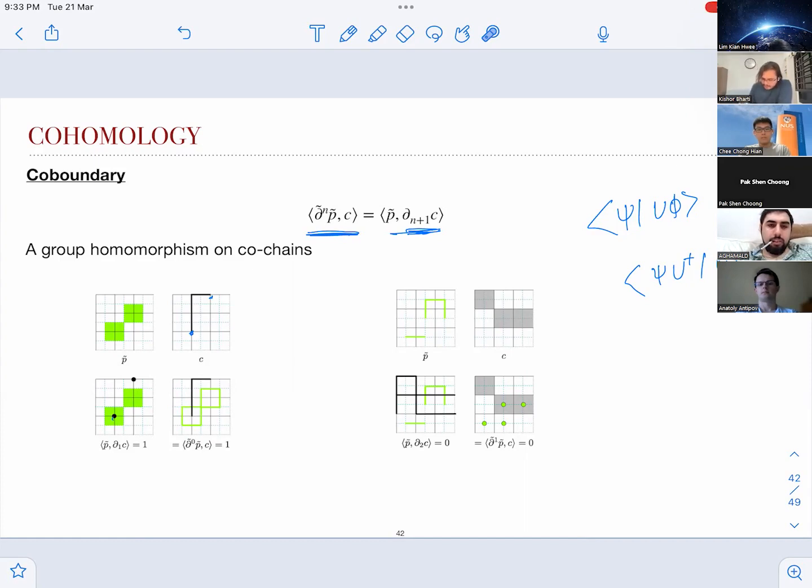Nice. So similarly, you can see another example where you have delta 1 tilde P C, which will give you 0. And if, instead of delta n, you look at delta n plus 1 C, which is delta 2 C inner product P tilde, that will also give you 0. So you can convince yourself the co-boundary is just defined via this map, which relates. A boundary map takes an n plus 1 chain to an n chain. A co-boundary map